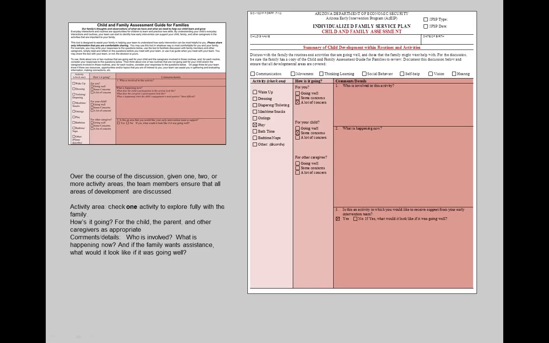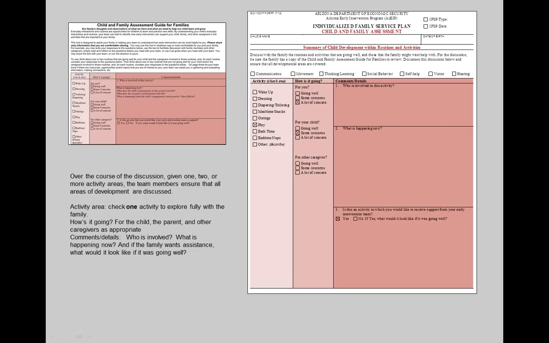The assessment tool consists of 4 IFSP pages titled Summary of Child Development Within Routines and Activities. Each page documents the discussion of one activity setting in detail with the family. More pages can be added if the family wishes to discuss more activity settings.